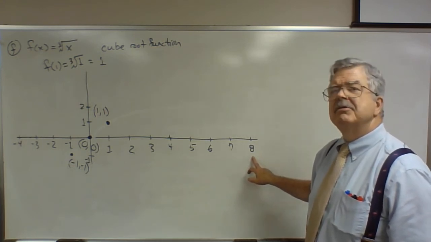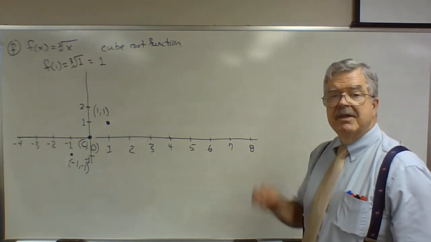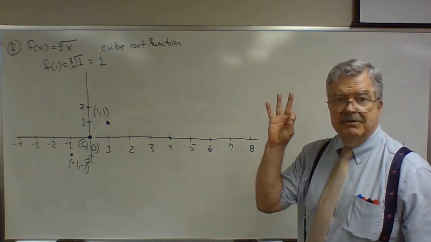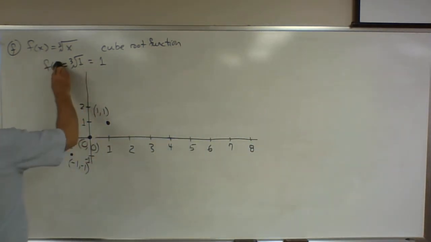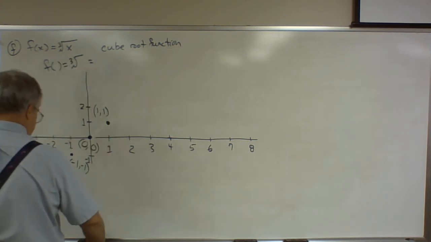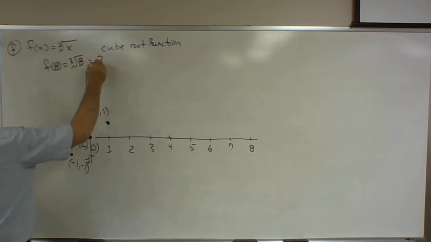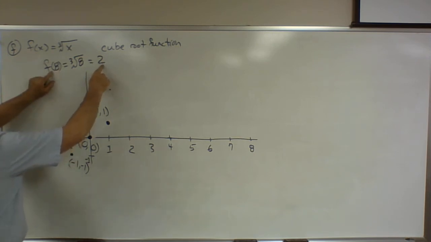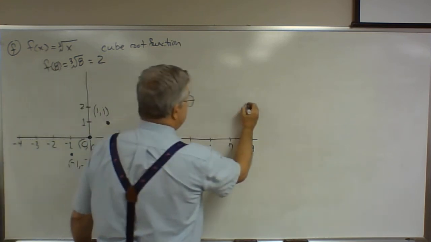2 is the number that we multiply by itself 3 times to get 8. 2 times 2 is 4. Times 2 again is 8. Yep. So 2 is the number that we multiply by itself 3 times to get 8. So that tells us that the cube root of 8 is 2. When x is 8, y equal f evaluated at 8 is 2. So the point x equal 8 and y equal 2